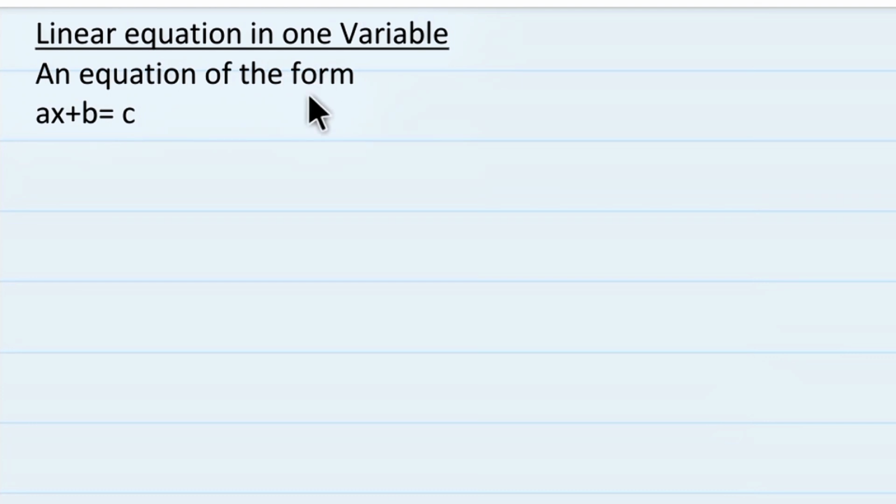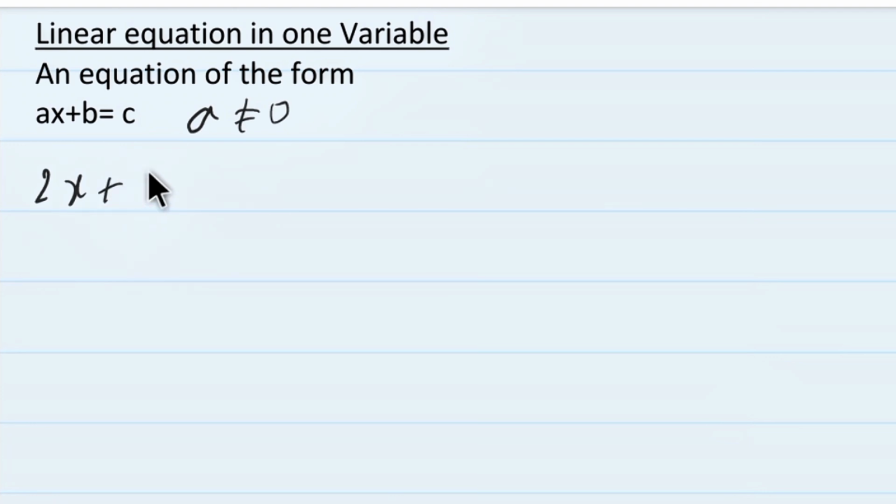An equation of the form ax plus b is equal to c, where a is not equal to 0, is a linear equation in one variable. Here x is a variable, where a, b and c are any real numbers. We have not studied yet about real numbers, but you can think of a, b and c as any numbers. Let us suppose